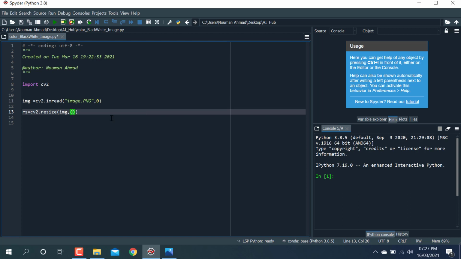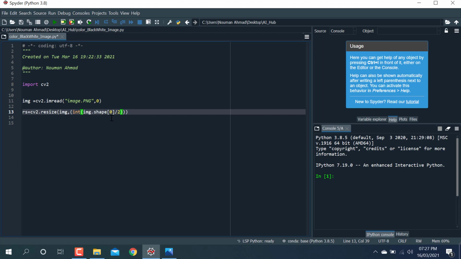Make sure int and right here img.shape, and here I'm taking its width and the height and dividing by 2. I'm doing half